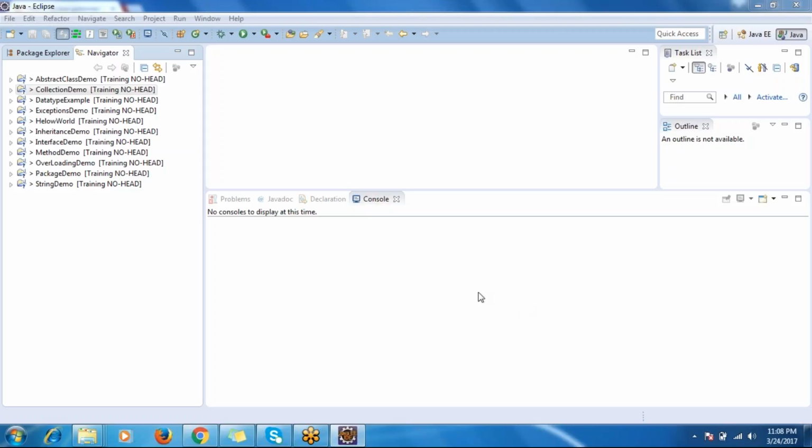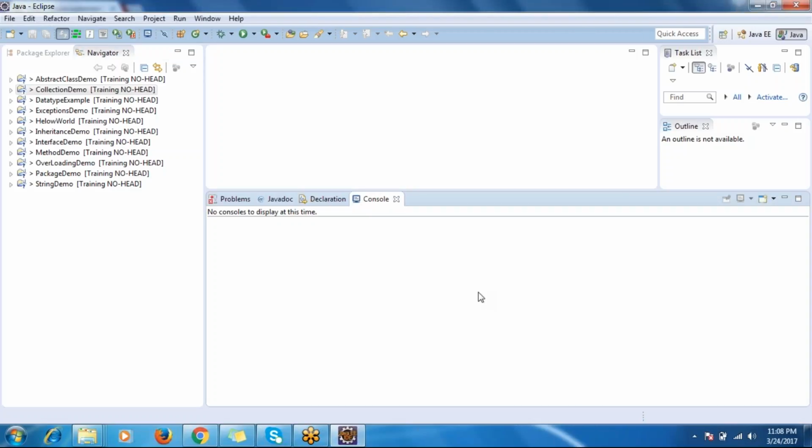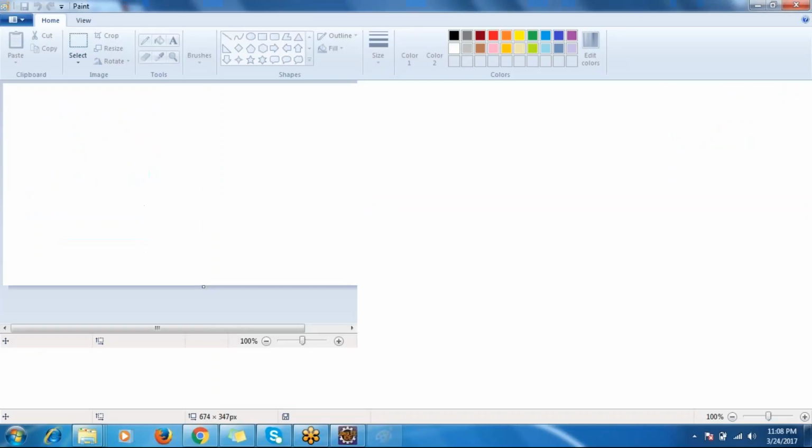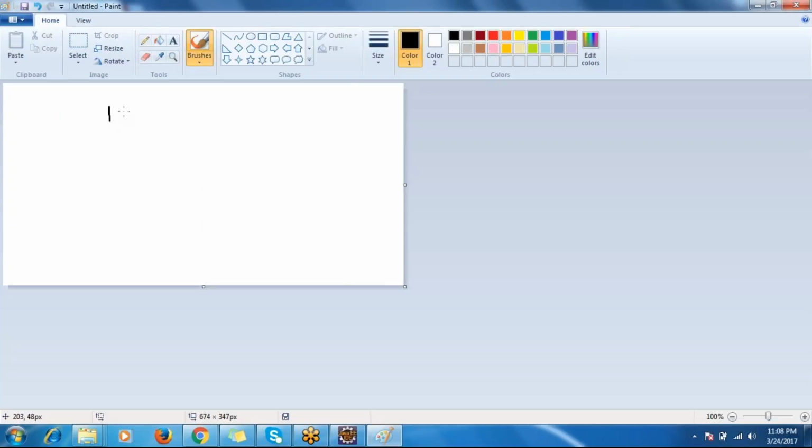Okay, now first of all, before starting the arrays, I will tell you, arrays are of different types. The first one is single dimension array, and the second one is